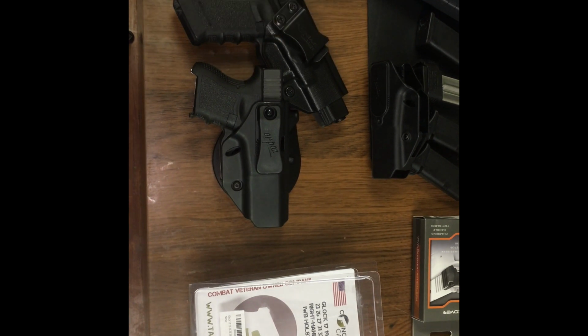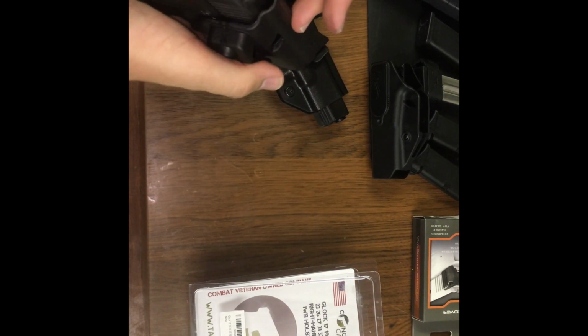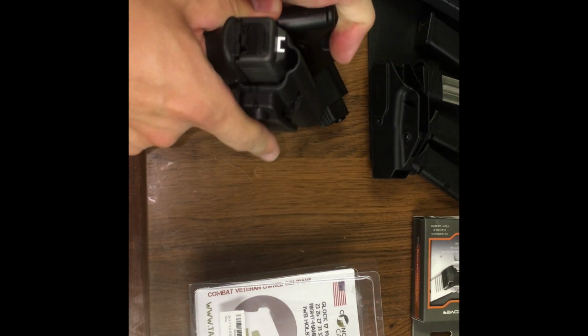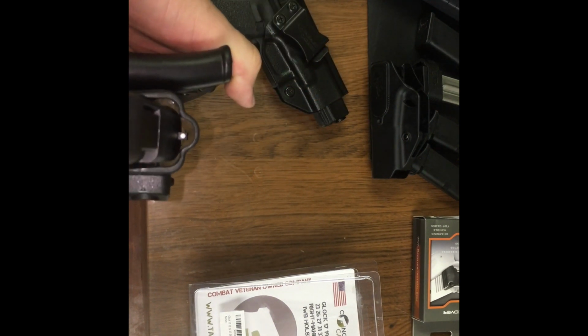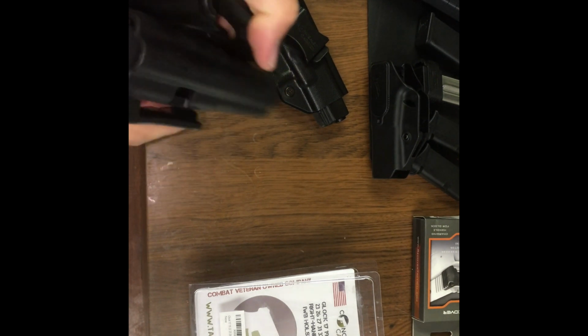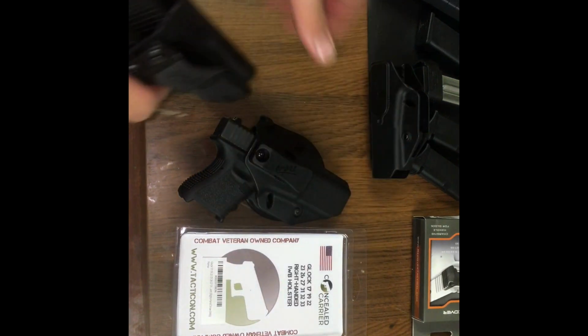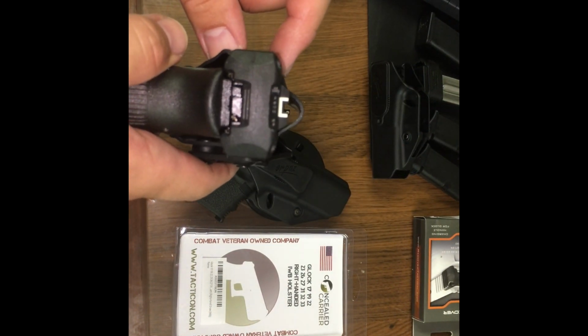Let's see. That's about it. It doesn't work with any lights. The Israeli, there's only like a 1/4 inch clearance right there, if you can see. I don't think it's gonna work for raised sights. The cheapy $20 concealed carrier does. Lots. You can see just how much clearance there is